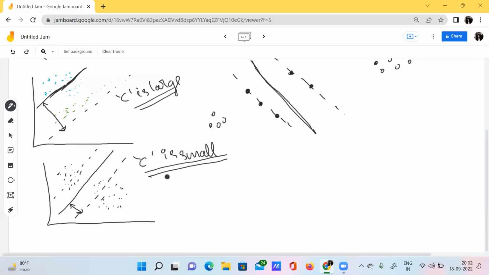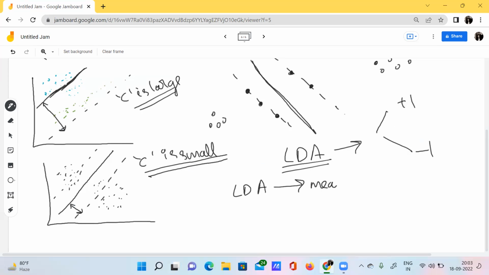And what is the difference between the LDA classifier, linear discriminant analysis, which is usually used to classify a data point, whether it belongs to the +1 category or the -1 category, just like the SVM? But what is the difference here? LDA depends on the mean of the data points.